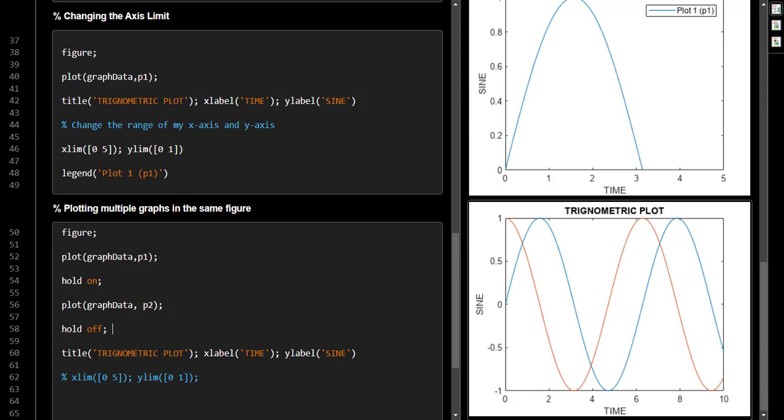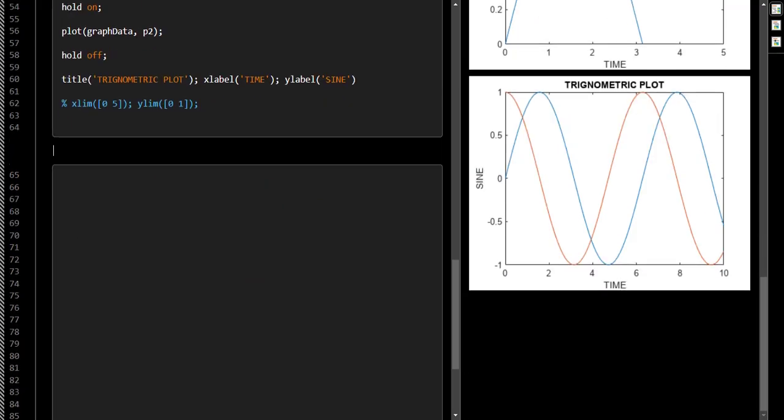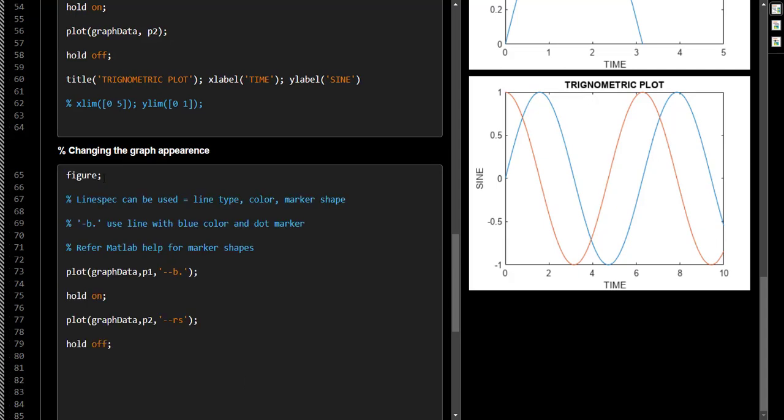Next is the graph appearance. So what we want to tell here is a little bit about the appearance of the graph. So changing the graph appearance. What we will see is, by default, Matlab gives a few things for your graph, right? So Matlab lets you plot a few things, but you may feel like